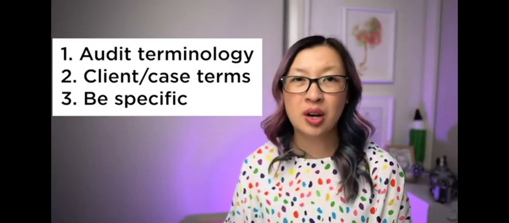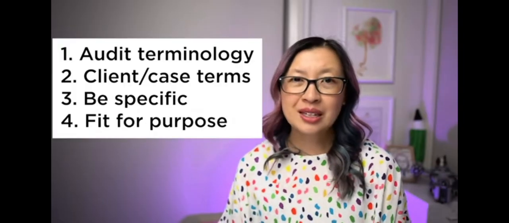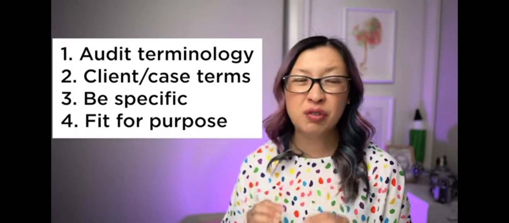So again, to recap, 4 simple rules. Number 1, use the right audit terminology. Number 2, use the right client and case-specific terminology to show your mastery and your ability to integrate this information and understand. Number 3, be specific, including things like population, sampling, documents you're going to look at, steps that the auditor needs to take. Don't be afraid of writing a procedure that's 3 or 4 sentences long. And then number 4, go back to your test, review it, and make sure it's fit for the purpose